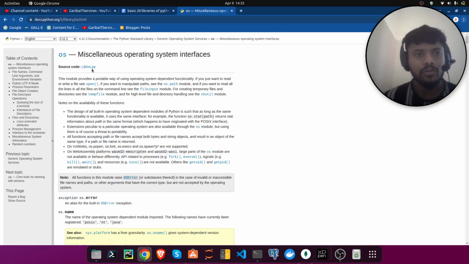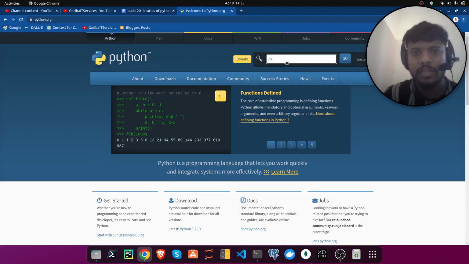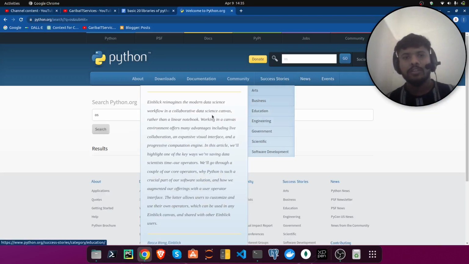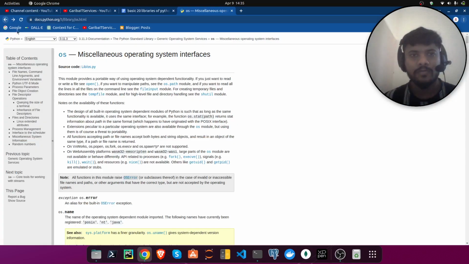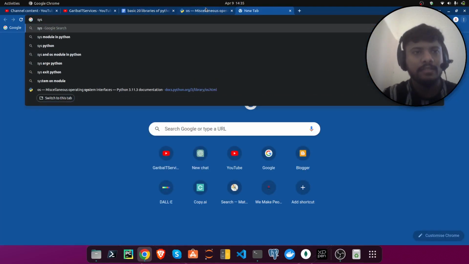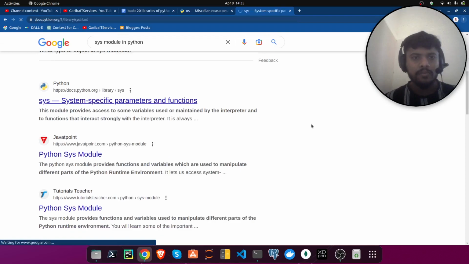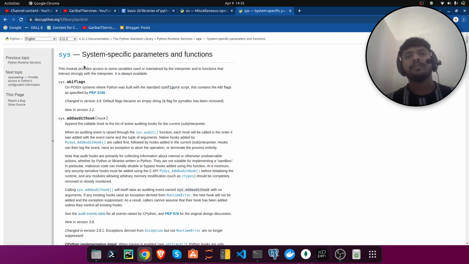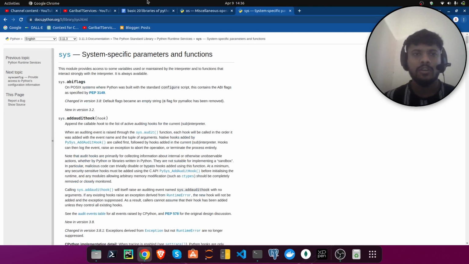So it's a module of Python. We are in the Python documentation here. If you search here for any module like OS, it should give you that OS module. Oh, sorry, no result is found, it is saying. I don't know why, but maybe because it is miscellaneous. Another one is sys, like the sys module in Python. You will go there and see that system, it's a system, whereas that was operating system. Like that you can use it. It is also the same kind of library.